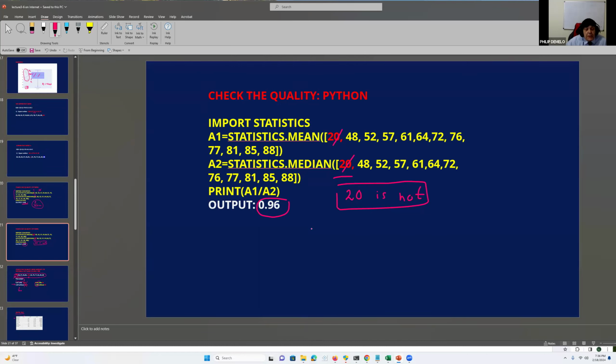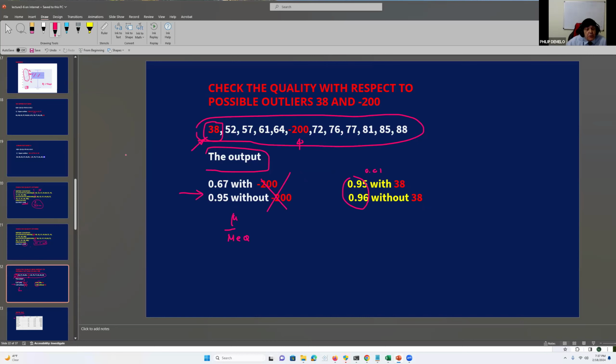So what you do, as I said, if you suspect some outliers, you have to calculate the ratio between mean and median, with and without, and see what the change was. I will just illustrate this on an example. So you take a data set, and this data set,